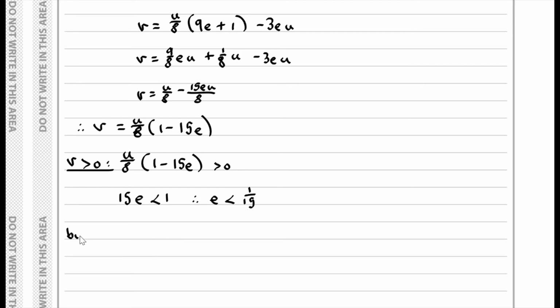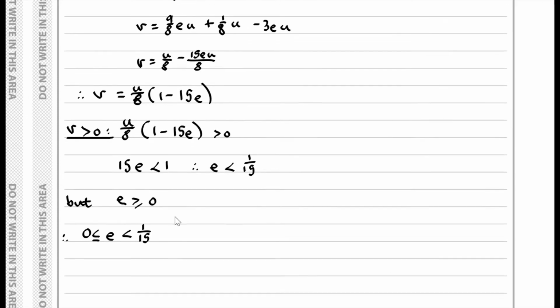And one of the conditions we know for E is that E must be greater or equal to 0, and therefore the range of values for E is E greater or equal to 0 but less than 1 over 15. Okay,